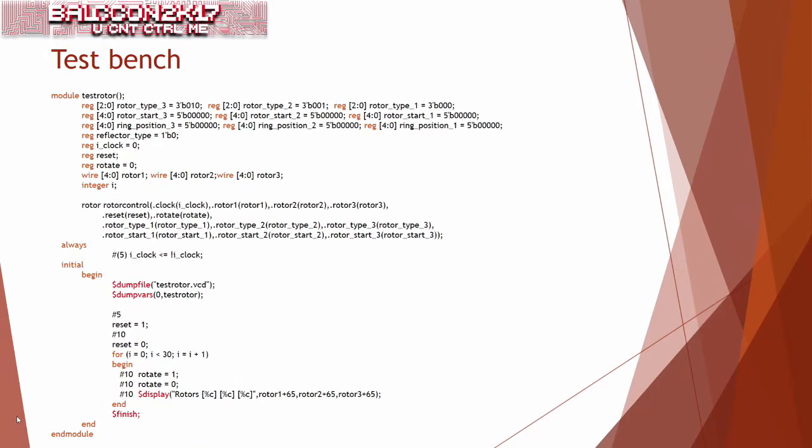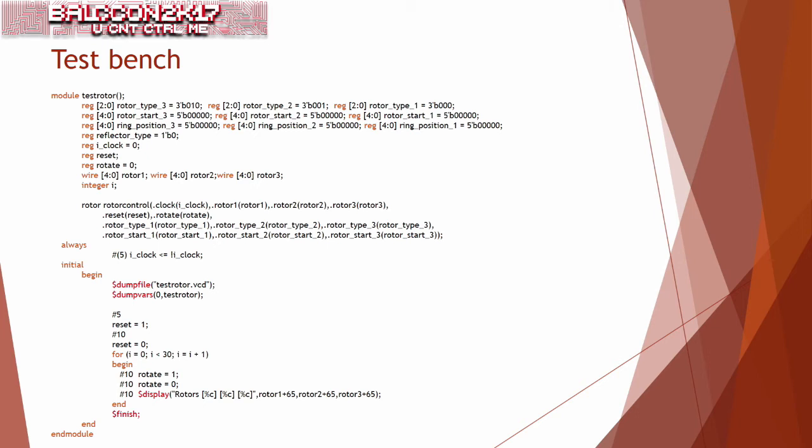And we need to test this somehow. And this is why we have test benches. Test benches are just modules which don't have inputs nor outputs. They have variables defined here. I just defined a bunch of registers, set them to 0, and initialize this rotor control. And what I did, I said, okay, always on each 5 time